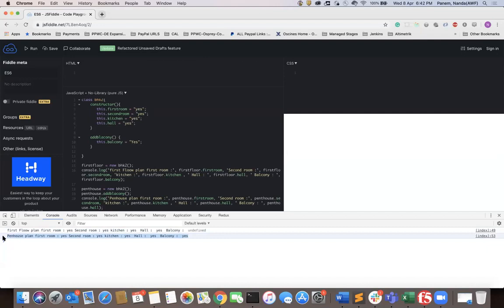So one more example I'll tell you. You have 100 people in a class. If you want to do the marks or something, student 1 dot marks, student 2 dot marks, student 3 dot marks. If you're adding like this, suppose you need to add one more subject.